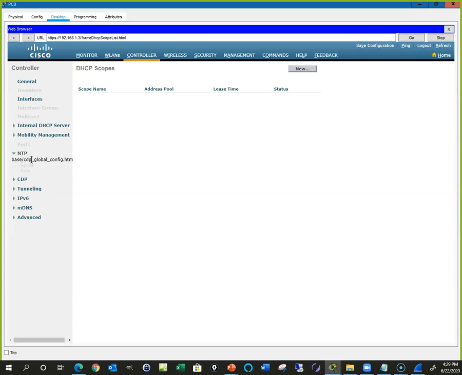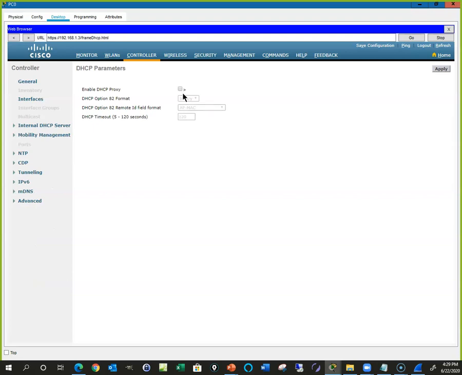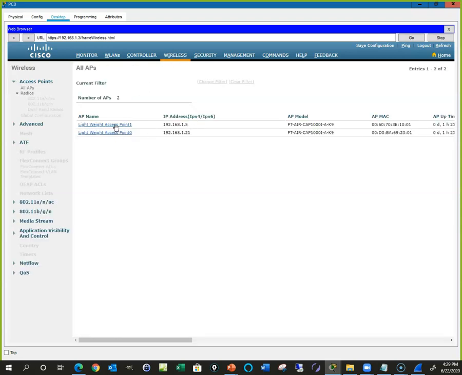The NTP, CDP, tunneling, IPv6, and again, you can see these things, but you can't change most of them, or you can't do any configuration with them, but you can see the things that would be available. DHCP is one of the things that we could actually enable, I think. The wireless lightweight access points that we have, you can click on them, nothing's going to happen here,